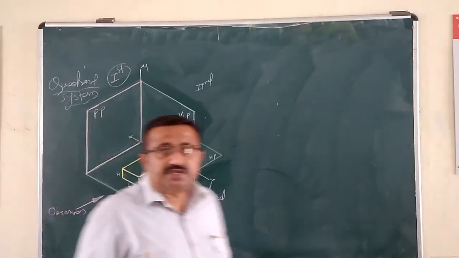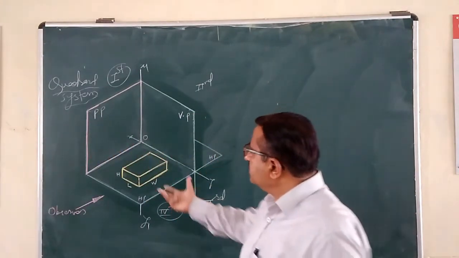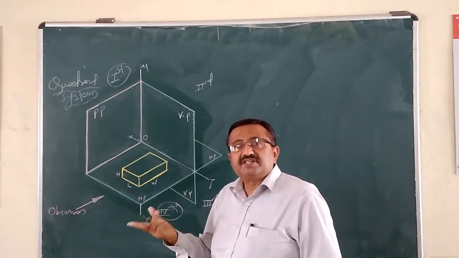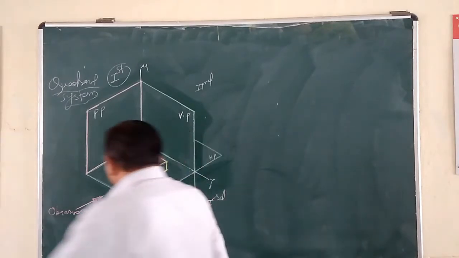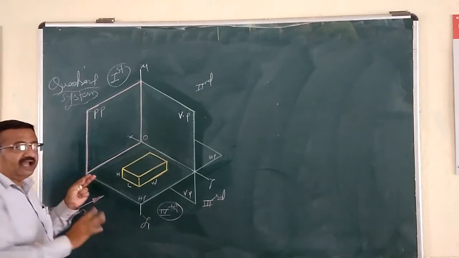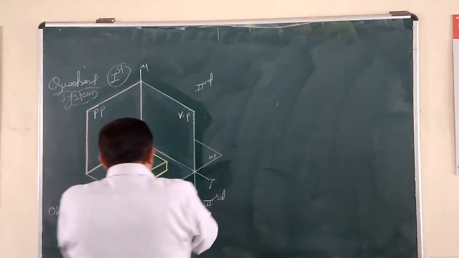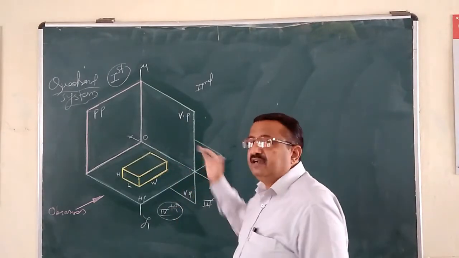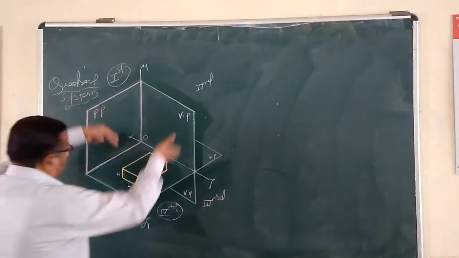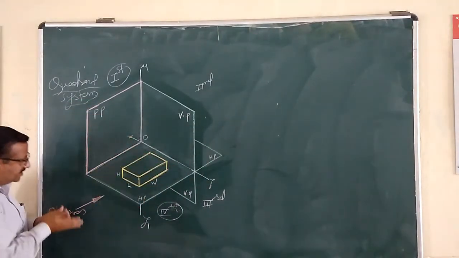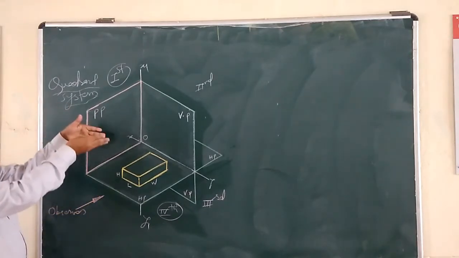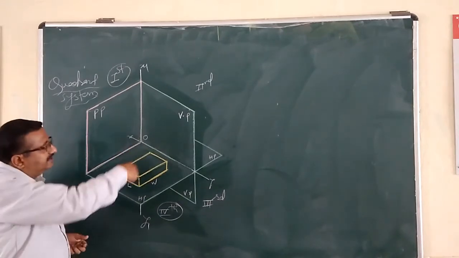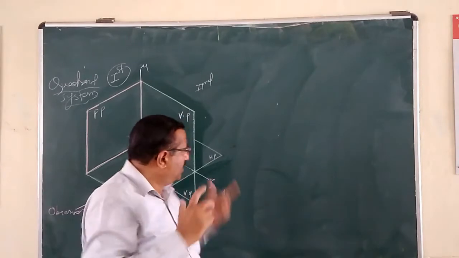That is nothing but orthographic projection, in which we convert the three-dimensional object or isometric view into two-dimensional views, three in number. In this direction, the front image carries length by height as its prime parameters. Naturally, from your right hand, width by height is also two-dimensional. It is called the right hand side image. And when you observe from top, in the same direction from top only, length by width are the two prime parameters required for completion of its top image.